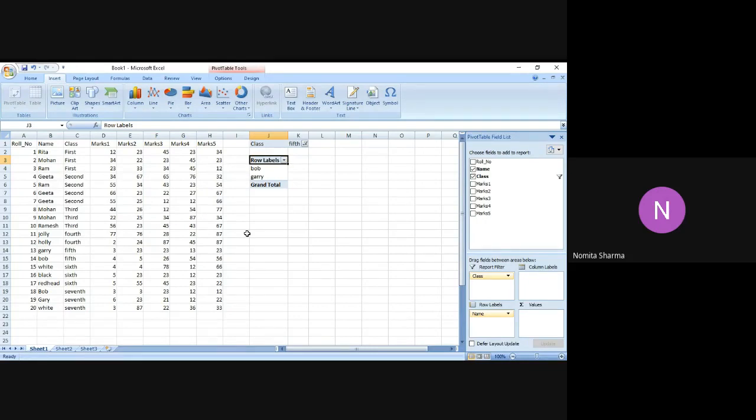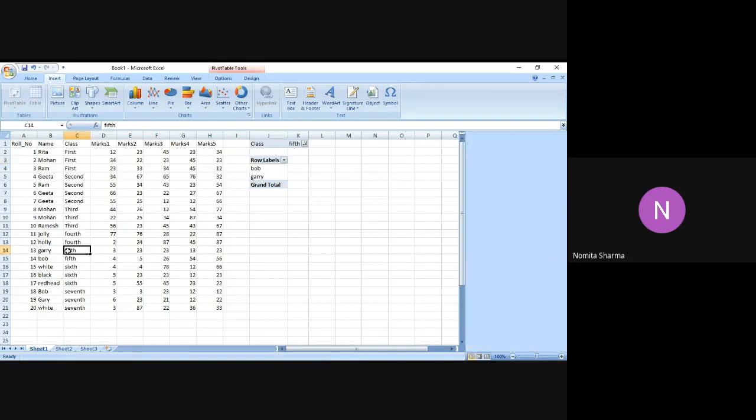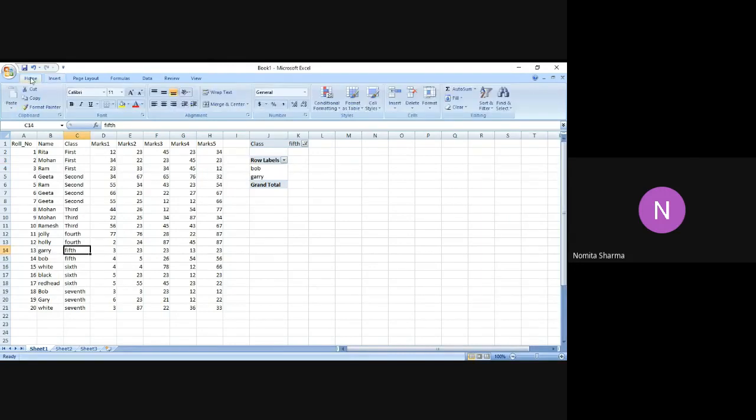So I selected the name and the class, and I then made a filter on the class, not on the name. So I just want to have the names of the students who are there in the 5th class. And you see both Bob and Gary, they are okay, there are 2 Garys, one with single R and one with double R. So it has only given me that Gary who's there in the 5th class. So if I just highlight that, you can easily see the selection made by the pivot table depending on the filter criteria.